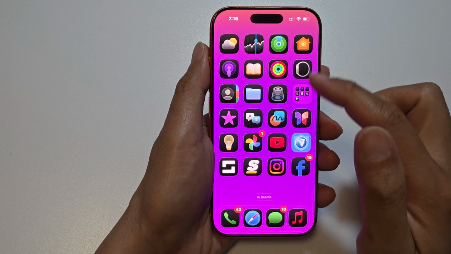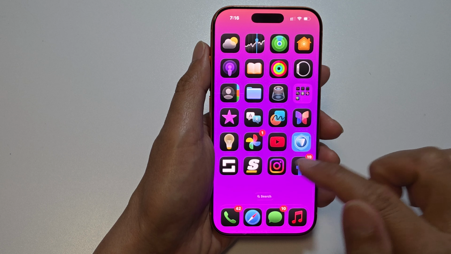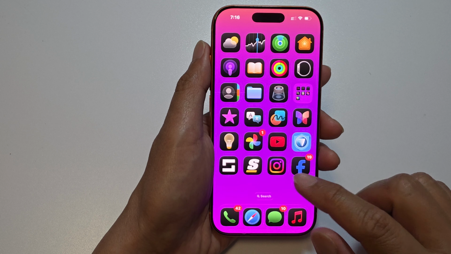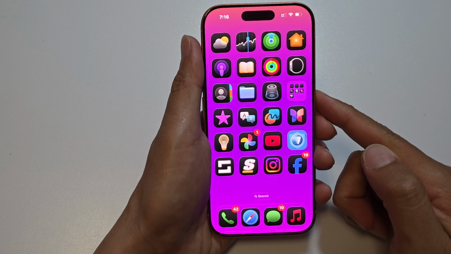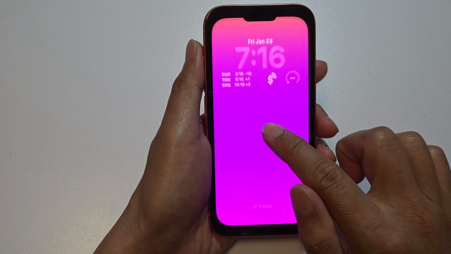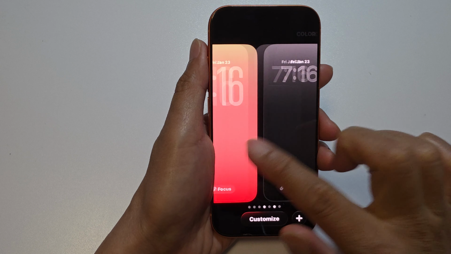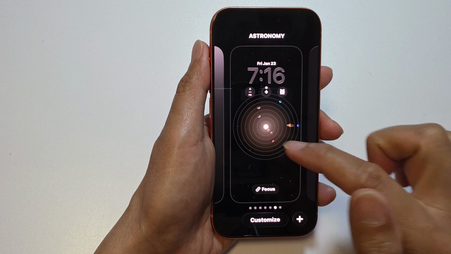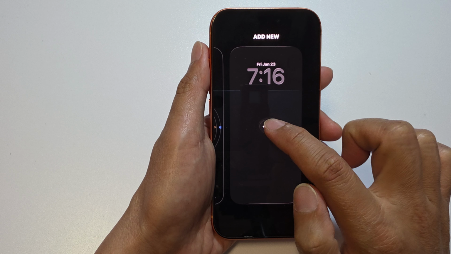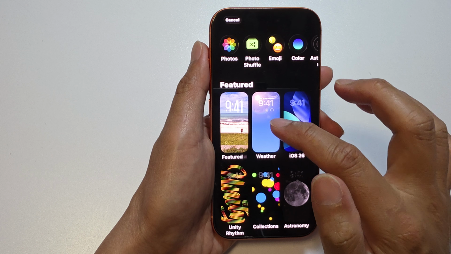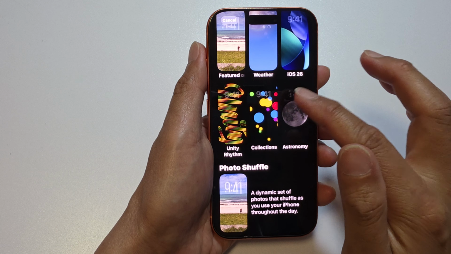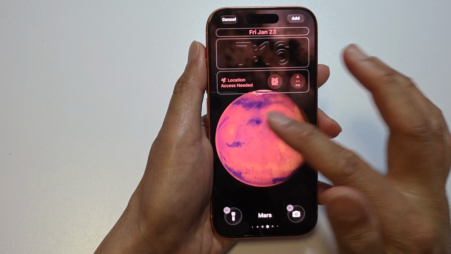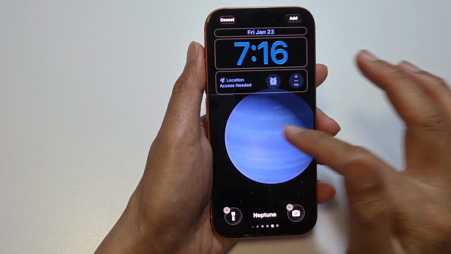Now you can also change your background wallpaper to make your phone darker. So here I will go to my lock screen and touch and hold, and then you can swipe across and you can either choose one of the existing wallpapers or you can create a new one. And from here you can choose a dark wallpaper. For example, I can choose this wallpaper here. It is darker,